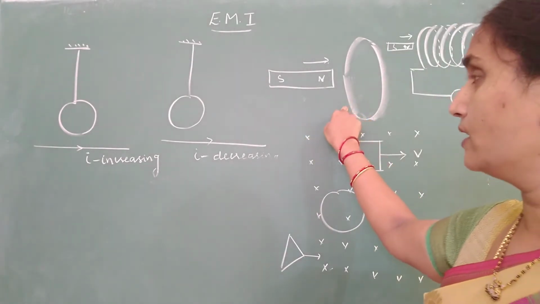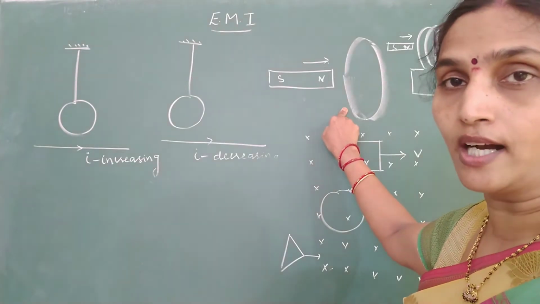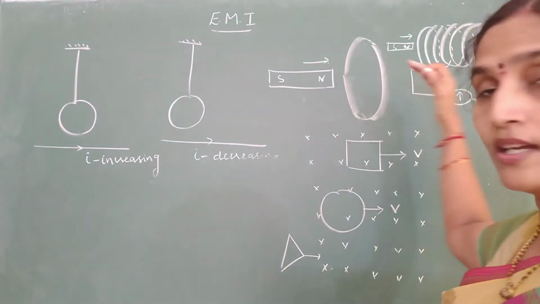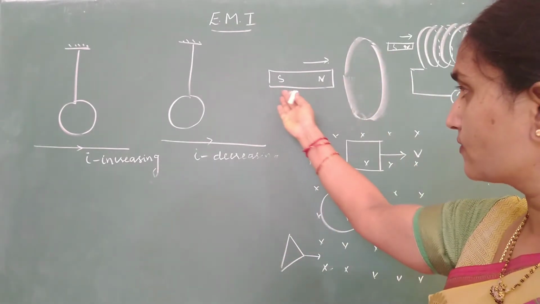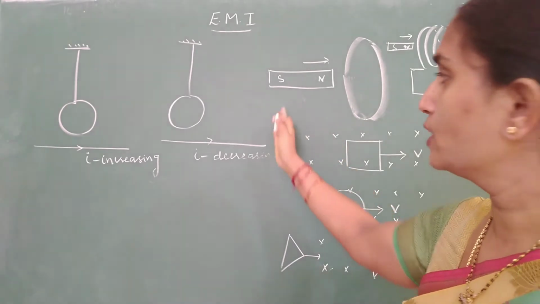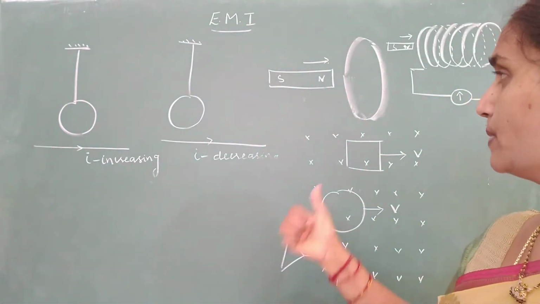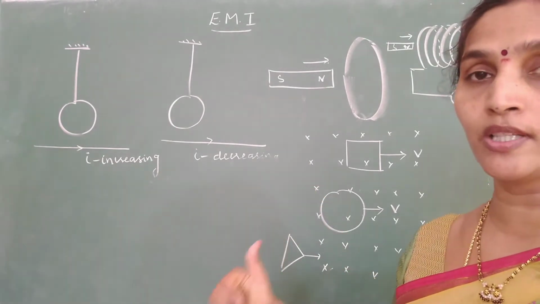Okay, and when you are giving the direction, be careful, you have to give the direction from which side the question is being asked, because answers will be different when you view the coil from this side and when you view the coil from the opposite side. So I am giving the direction from the side of the magnet. See, when you move the north pole of the magnet towards it, I will give you a method to identify the induced current. Okay, look at this method, remember this rule.